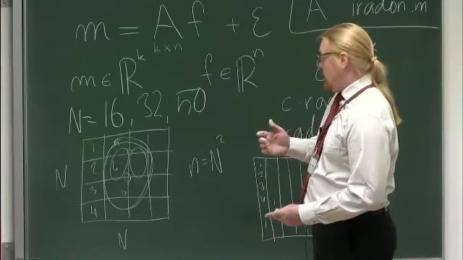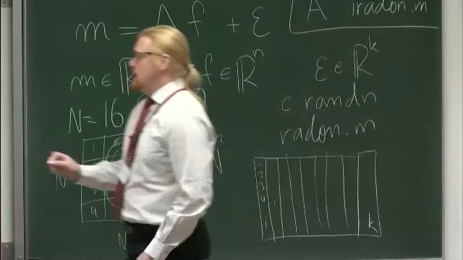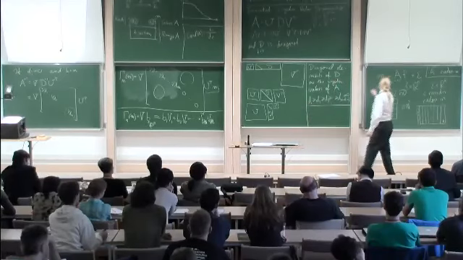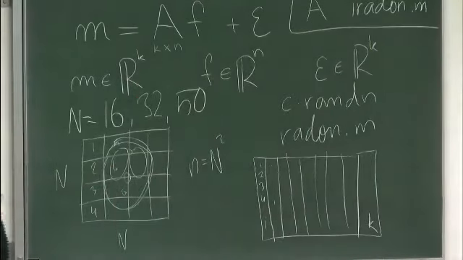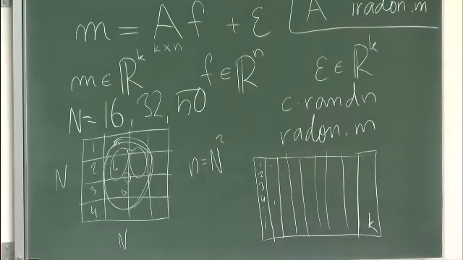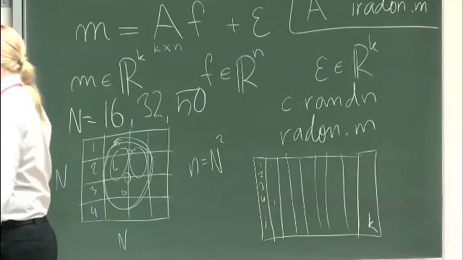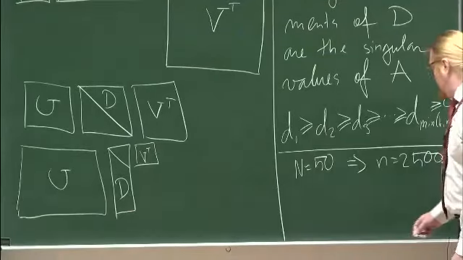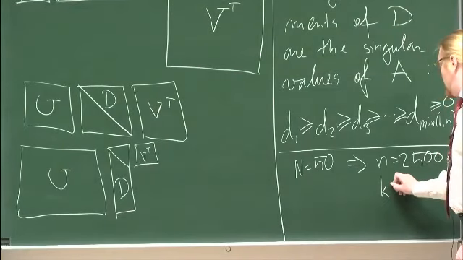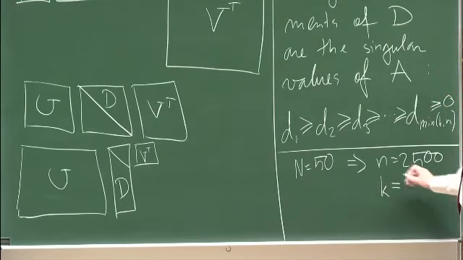So let's see, for example, when n is 50, then f belongs to R 2500. So if n is 50, then n is this, and k equals, well, we have 50 angles, and then as I said, MATLAB will automatically produce some number of these